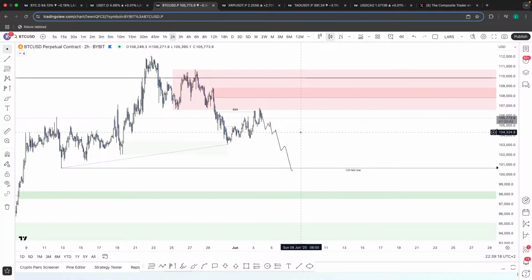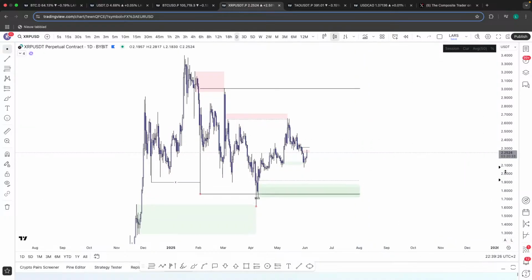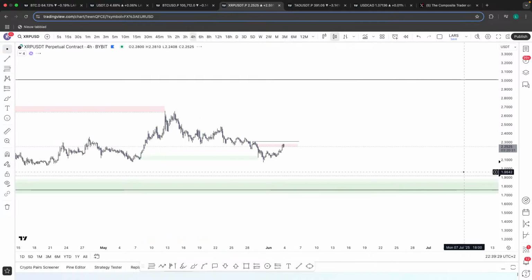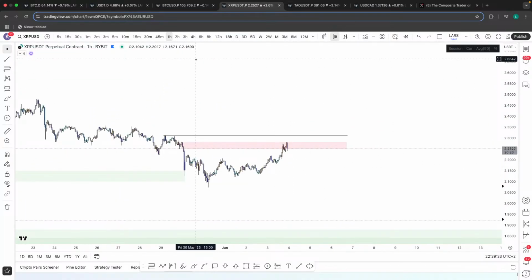So that's kind of been my main plan, guys. I want these lows to get taken. I'm waiting for these third taps for potential swing longs. And if I can get scalp trades in between, I will take them, right? But we haven't gotten the opportunity to do so, me personally, this week so far.